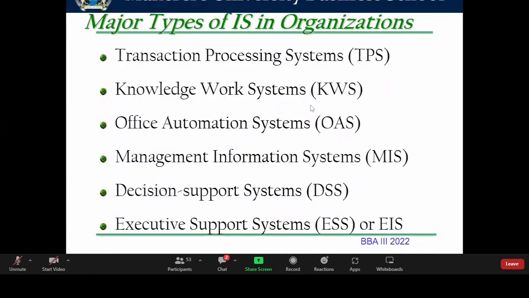So the major types of information systems are transaction processing systems, which operate at the operational level. Knowledge work systems, operational level. Office automation systems, operational level. Management information systems, tactical level. Decision support systems can be at both the tactical and executive level. But executive support systems, or executive information systems, operate at the strategic level